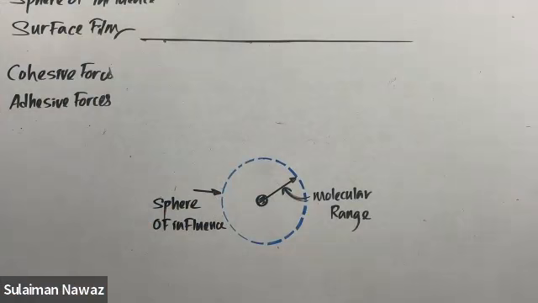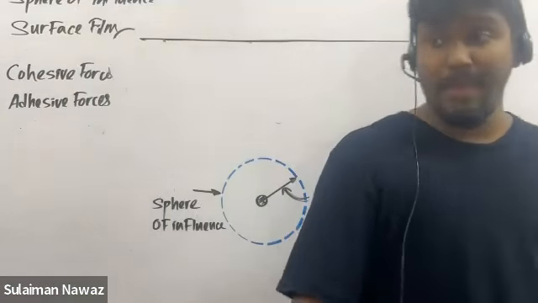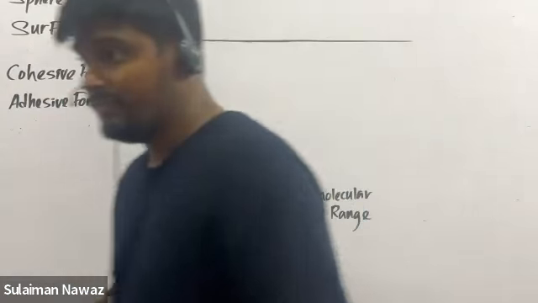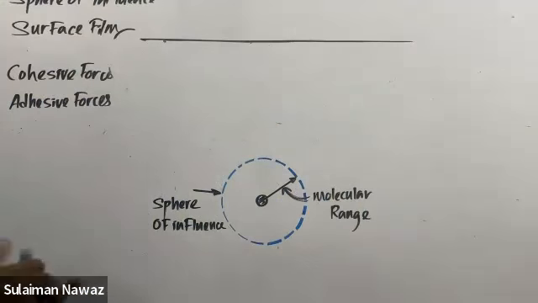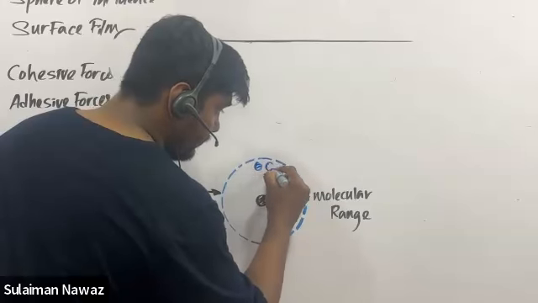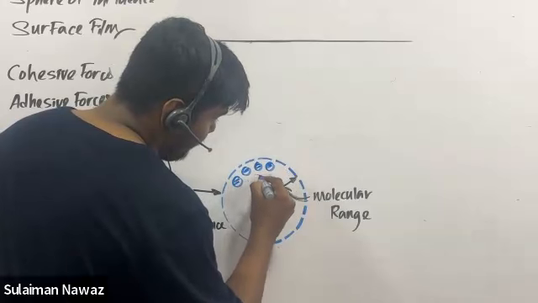What is the resultant attraction force acting on the black color particle by the particles inside the boundary? Reply in the chat box. Zero. Very good. Because when we consider all the particles inside the boundary,